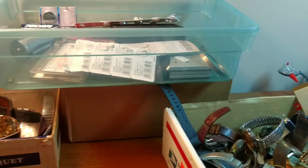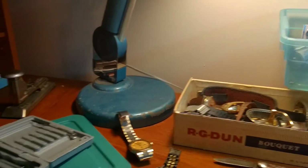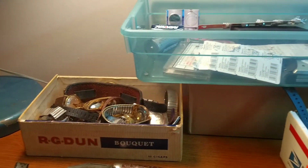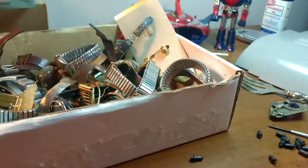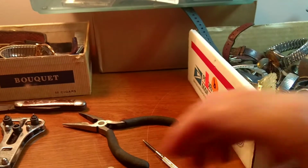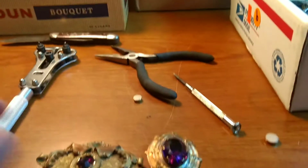This is my little workshop station upstairs. I also do my eBay shipping up here, but pulled out all my watch parts and batteries and such to work on a couple watches I got today at a garage sale. I didn't show these last week. A couple interesting pieces. I think they're just costume, but I'm not sure if these are sapphires,